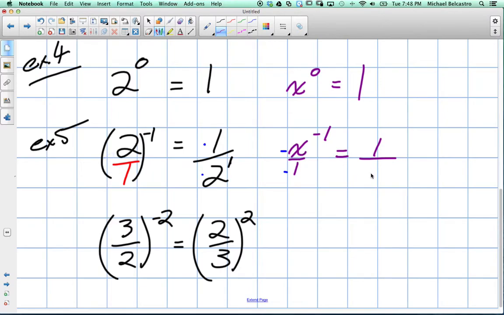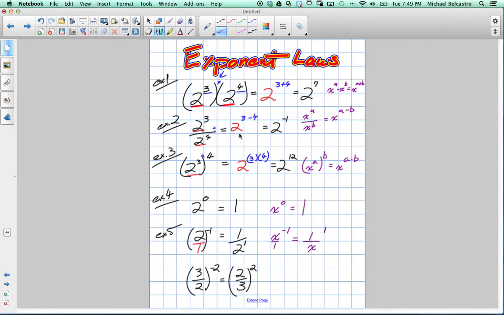what's this here? X to the power of negative 1. Is it negative anymore if we invert it? To positive. Positive. Okay. That's a tough rule, and that's fine. We'll get more into that rule